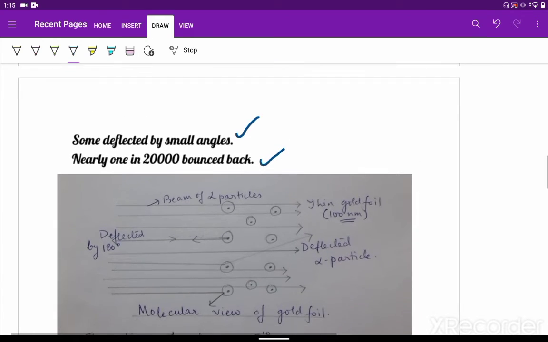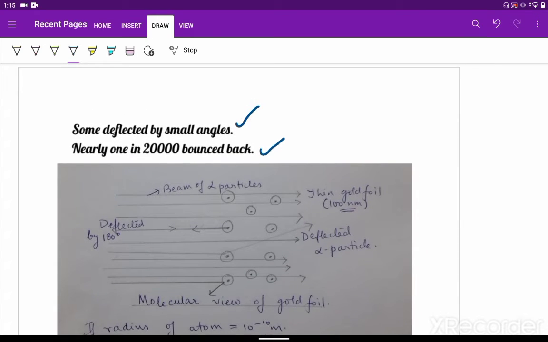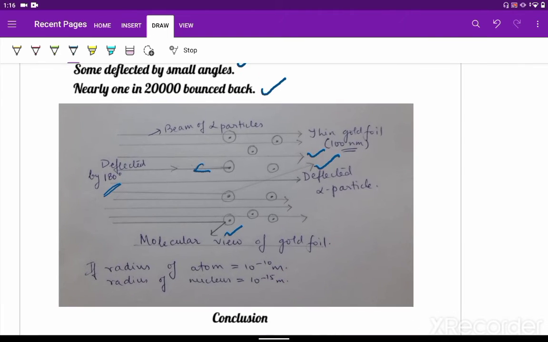Now if we look into detail of these things, if we see the diagram, you see these straight lines. The straight lines indicate those alpha particles which passed straight without getting deflected. This alpha particle I have shown here with the backside arrow was deflected back totally, means there was 180-degree deflection. And this alpha particle had a little deflection. Here we find a little bit of deflection.